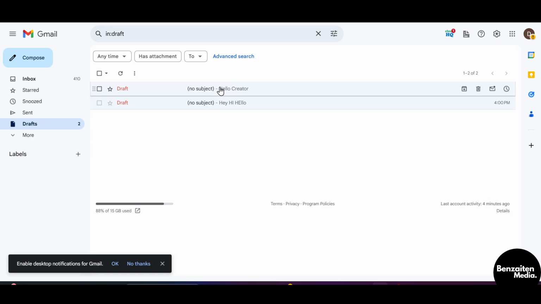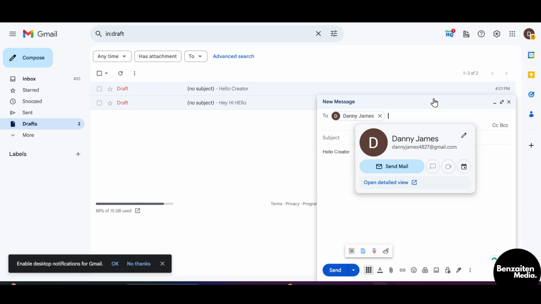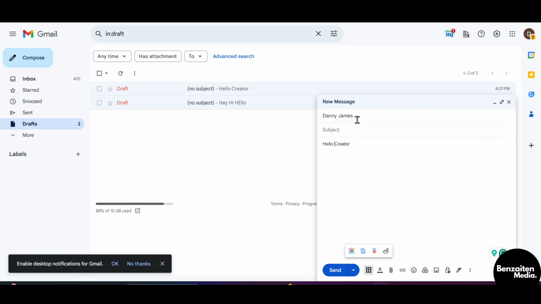After clicking on the draft that you want to send, on the top, you can see the email of the recipient. You need to enter the email of the recipient whom you want to send it to, and then you need to add the content and the subject. And after adding all of these three things, on the left side at the bottom, you can see the send option. Simply click on that, and then you will see